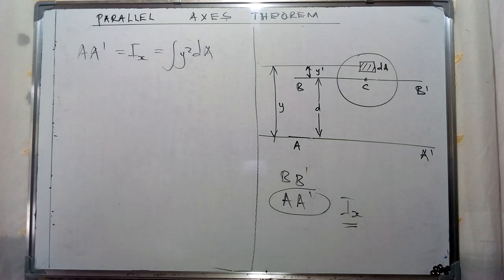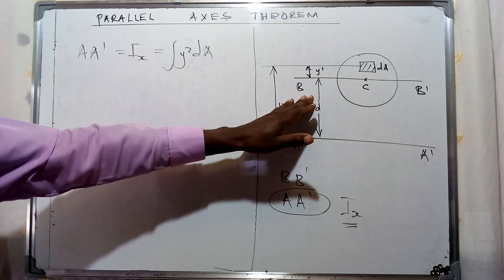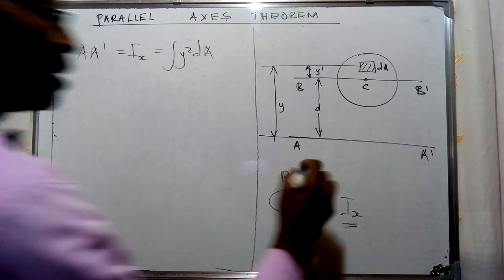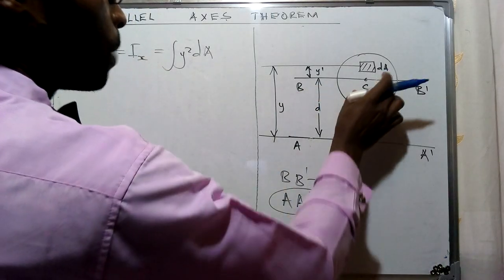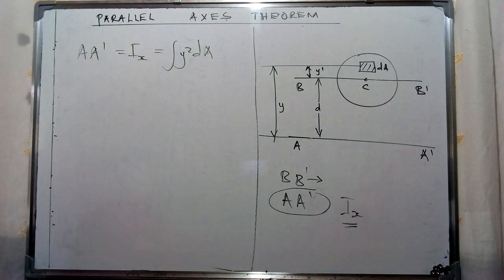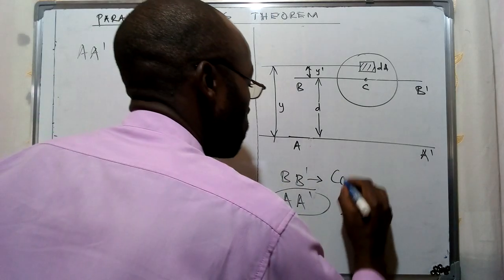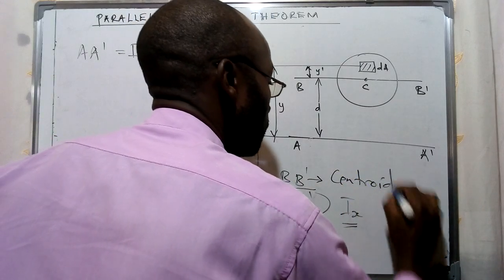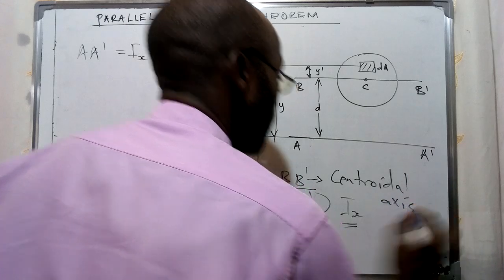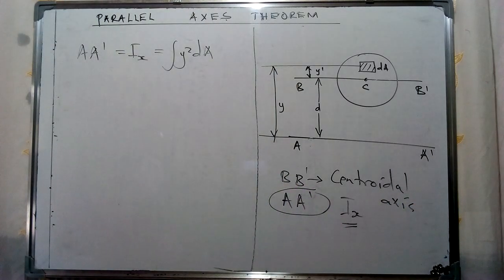And of course, we're going to consider this specific axis, which is going to be given as b prime. So this is going to pass through C, a point that we refer to as a centroid, and therefore it's going to be referred to as a centroidal axis given as such. So for us to find the moment of inertia of this specific shape, we're going to consider that area